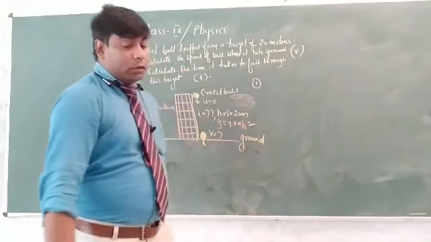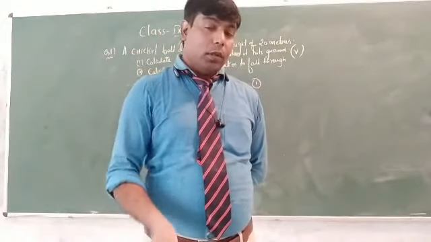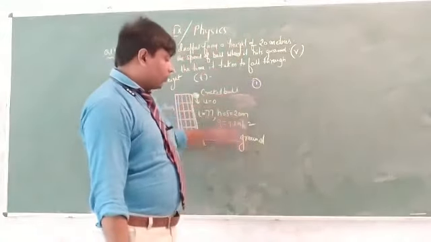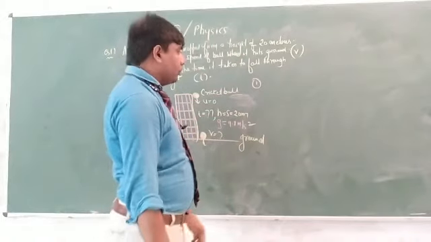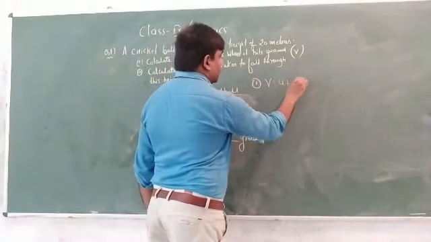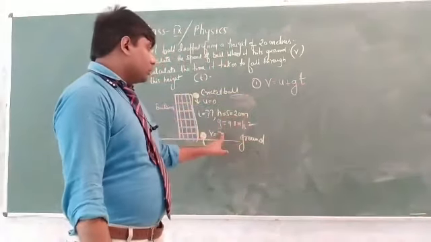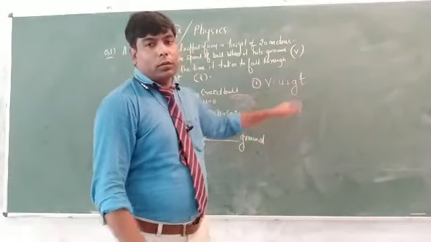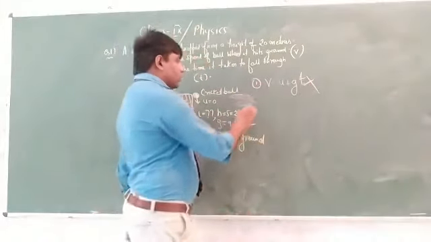Also, you know, during downward motion, the value of g is positive. During upward motion, the value of g is considered negative. Here we are talking about the downward motion, so g will be positive. Now we have three formulas. First is v equal to u plus gt. See, here v is unknown, u is 0, g is given, but t is also unknown. So this formula will not be valid. Right?